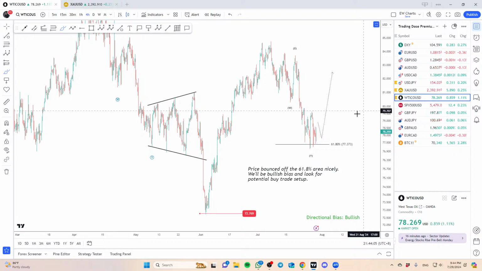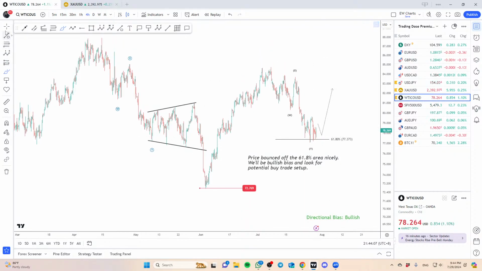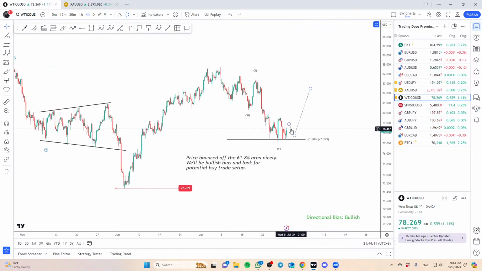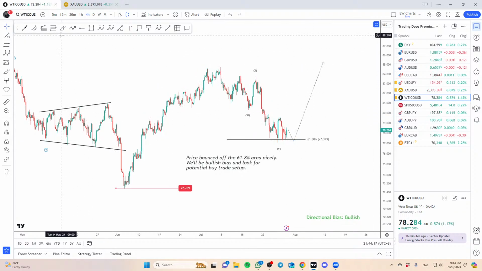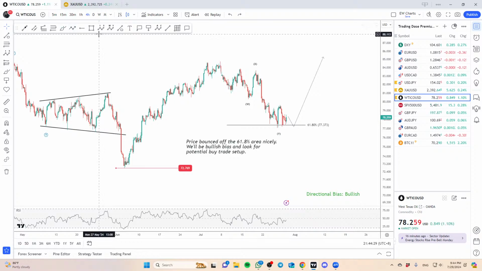Crude oil, we do see crude oil coming into the 618, and it started to stall a little bit around that zone as of last week. So the primary projection in terms of direction right now is definitely bullish. What I like about this is the market seems to be stalling around that 618, which means it's not really moving lower with momentum. There's a good possibility it will start to build into a crawl as well. We don't really get a divergence at this moment.